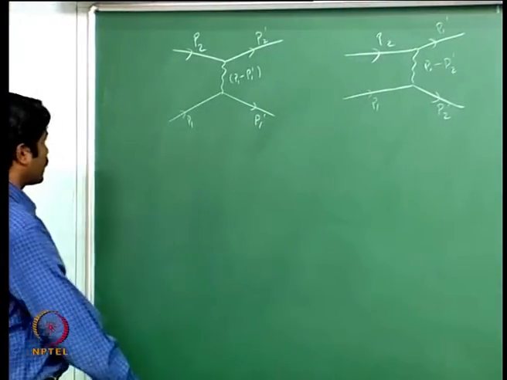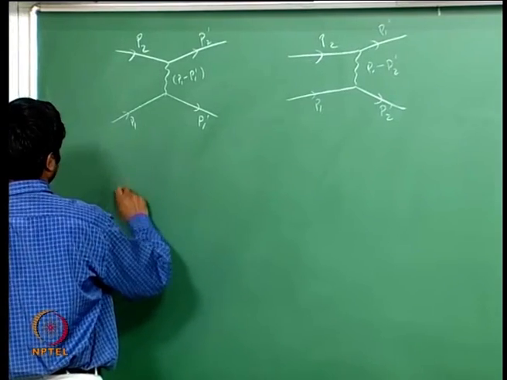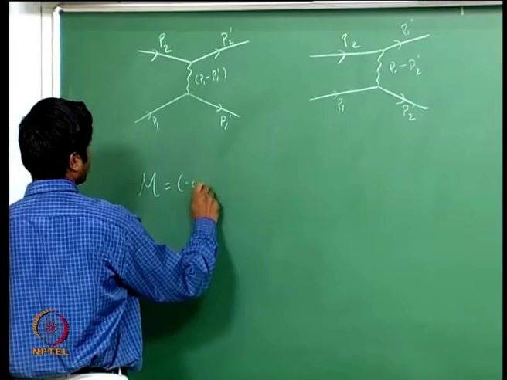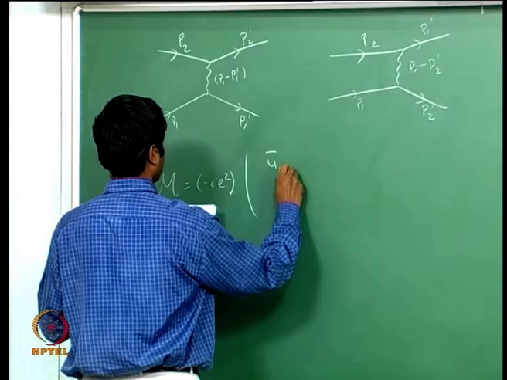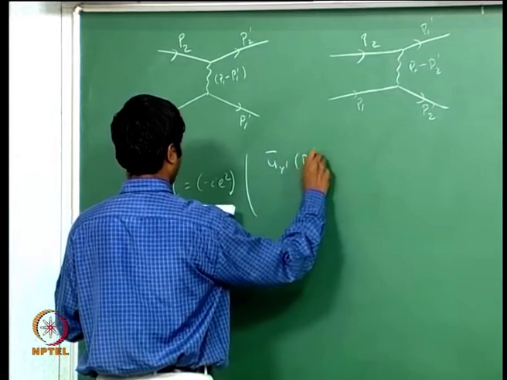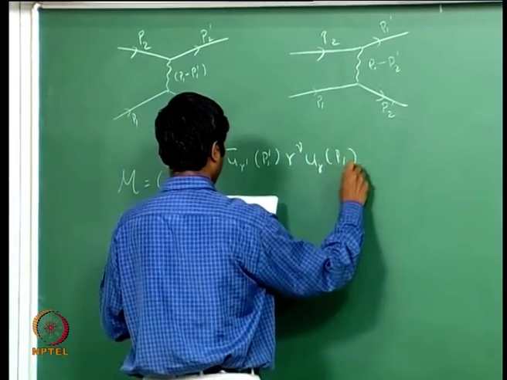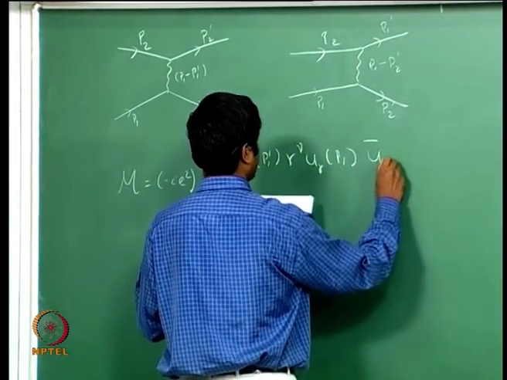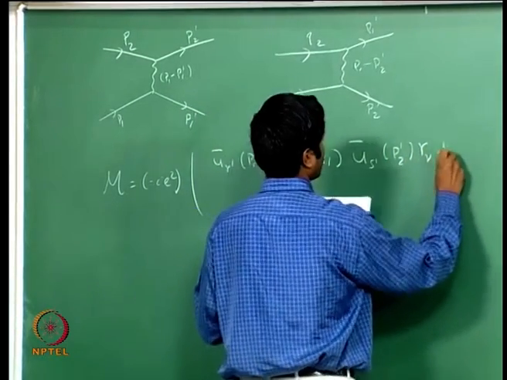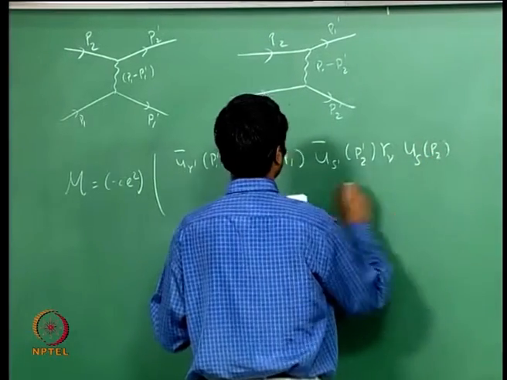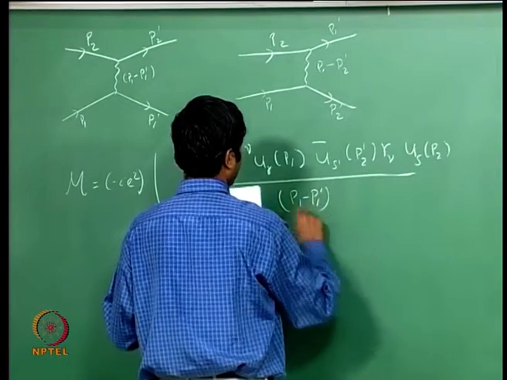We can easily write down the Feynman amplitude for the process, and as we have seen in the last lecture, the Feynman amplitude is minus i e squared, u bar r prime (P1 prime) gamma nu u r (P1) u bar s prime (P2 prime) gamma nu u s (P2), divided by (P1 minus P1 prime) squared,